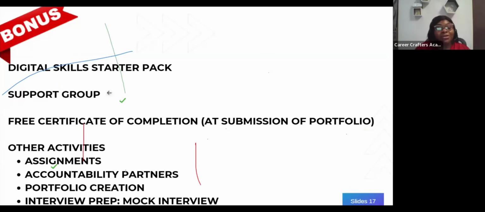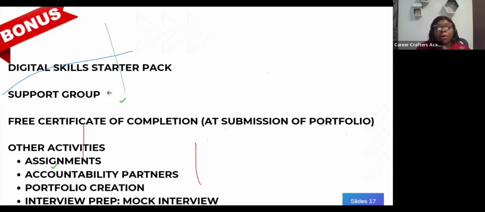This is the community I was talking about. So registering for this program gives you free, life-long access to the support group. You can ask your questions, and we do a whole lot in that support group. It is active 24/7. We don't lock the group. So you can ask questions and share ideas. We have people who are giving out jobs that they cannot do. It's a beautiful place to be, very active.